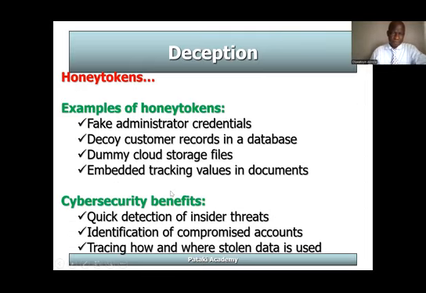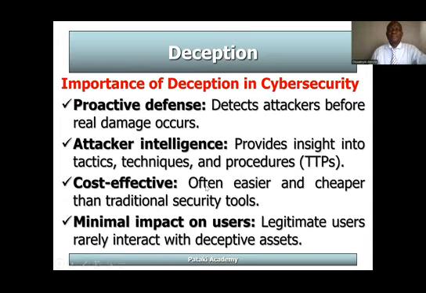legitimate use. Examples of honey tokens: a fake administrator credential, a decoy customer record in a database, a dummy cloud storage file, and embedded tracking values in documents. The benefits of honey tokens: quick detection of insider threats, identification of compromised accounts, and tracing how and where stolen data is used. Importance of deception in cybersecurity: